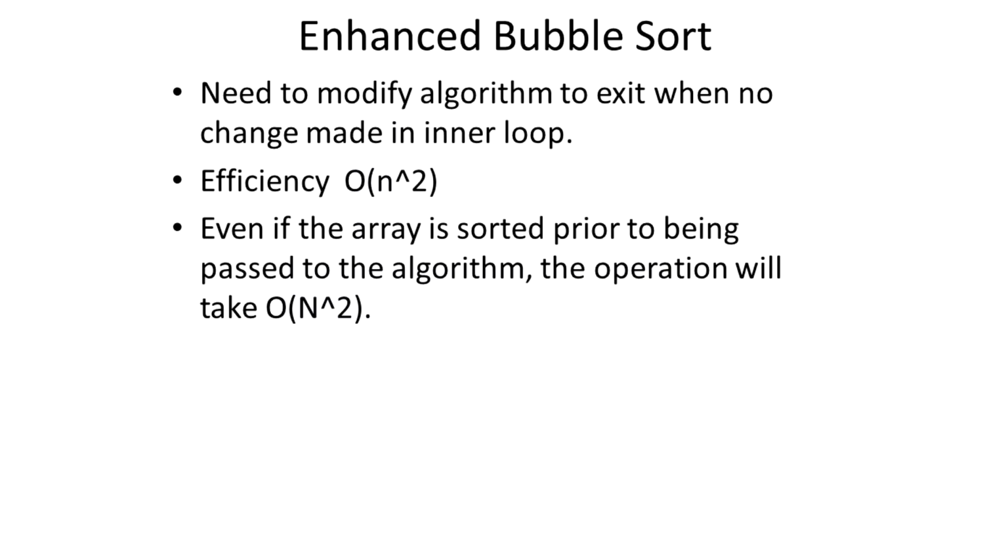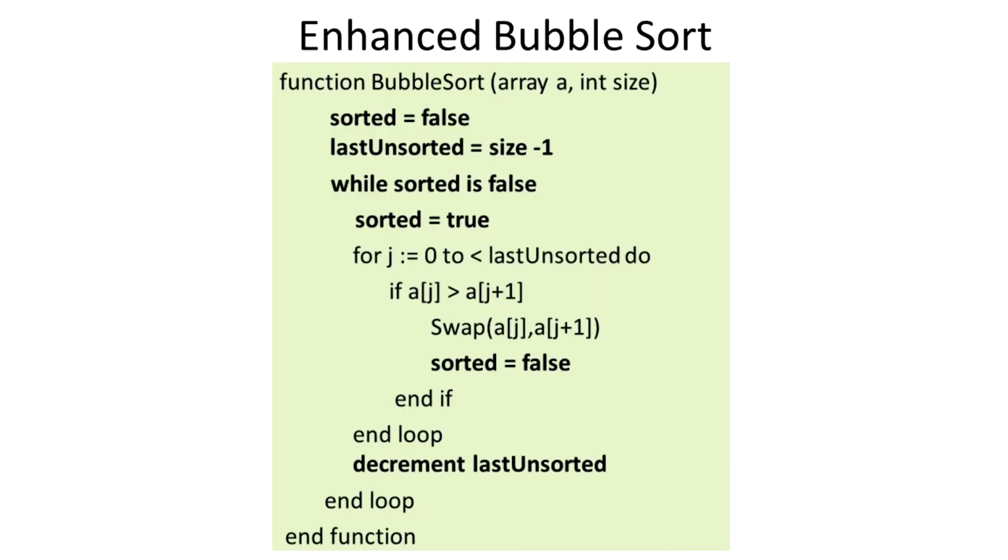There's also an improvement we can make to the BubbleSort algorithm where we reduce the need to compare items of the array that have already been sorted. This is achieved by setting up a Boolean flag which alternates between true and false, depending upon whether the items have been sorted or not. And if the items have already been sorted, we don't want to compare them,